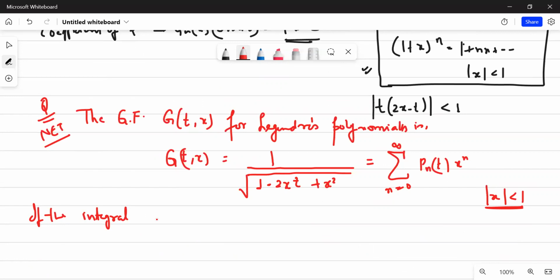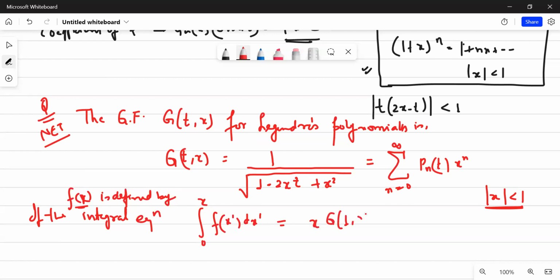Like, if the function f(x) is defined by the integral equation given by integral from 0 to x of f(x') dx'. देखो जो function तुम्हें निकालना है वो खुद एक integral के sign के अंदर है, इसी को मोटा-मोटा integral equations कहते हैं। मतलब ये बहुत बड़ा topic है, लेकिन अभी के लिए इतना समझो कि जैसे for example यहाँ पर unknown function f(x) वो खुद integral के sign के अंदर है, is equal to x g(1, x). अब इसमें बोला जा रहा है it can be expressed